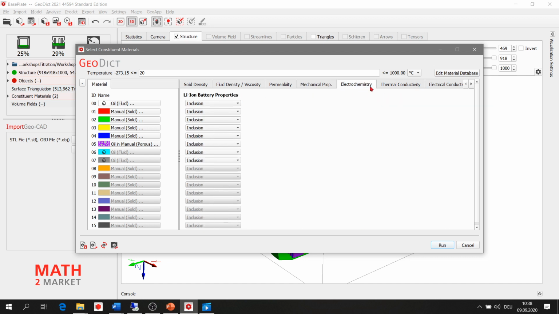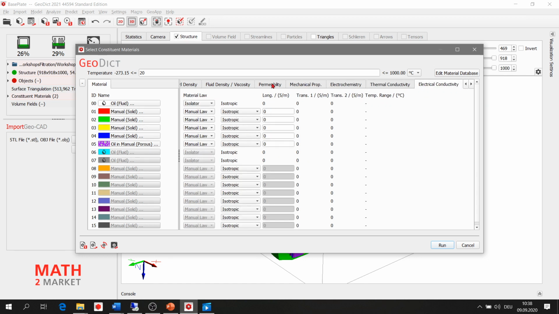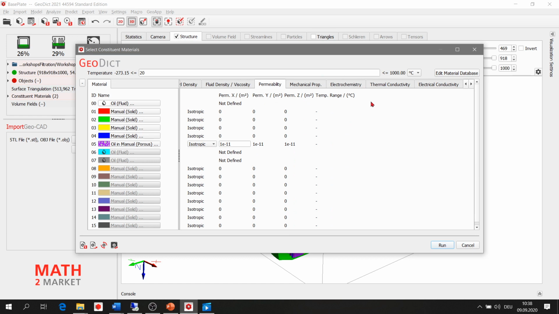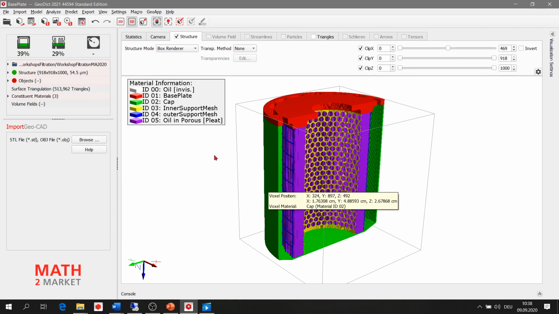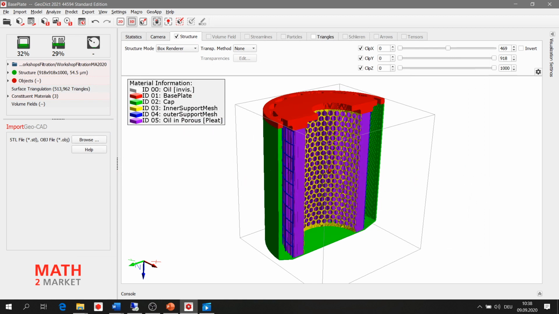These are mainly important when you have mechanical simulations or conduction simulations. So here you can set the temperature. As long as we have here the correct material and correct permeability, we can click on run. We can see again and check this here.